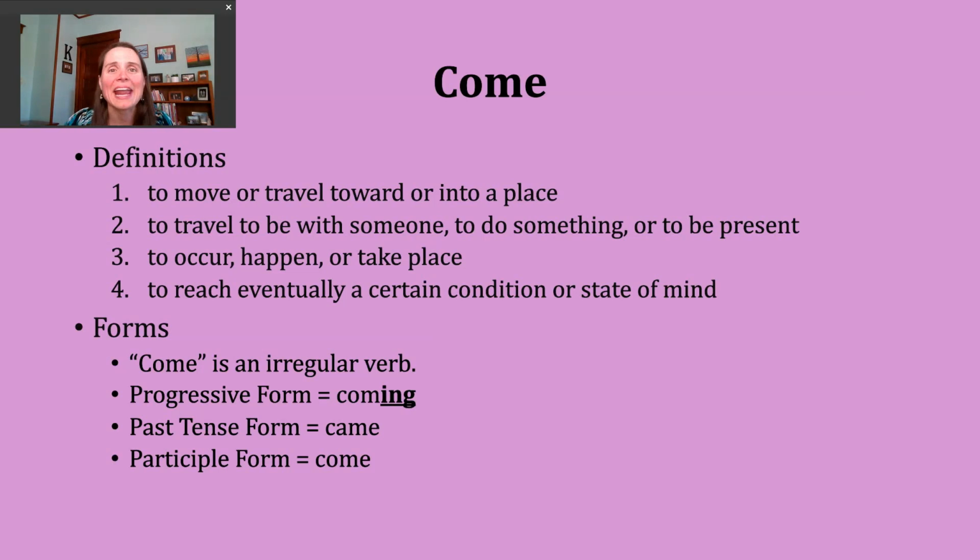A third way come gets used can mean to occur, to happen, or to take place. I know just in the last day or so, I heard a meteorologist, a person on the television who talks about the weather, tries to keep people safe, say that a storm was coming to a particular city, right? It was going to occur or happen very shortly.